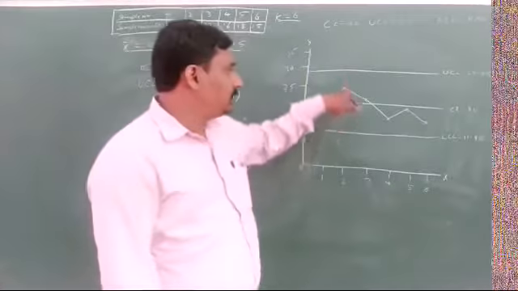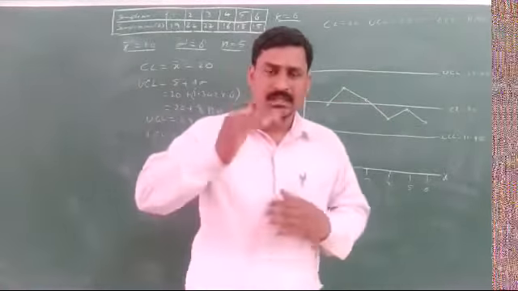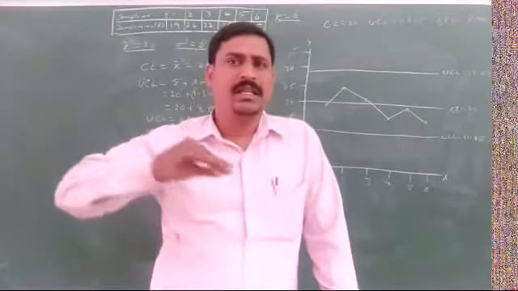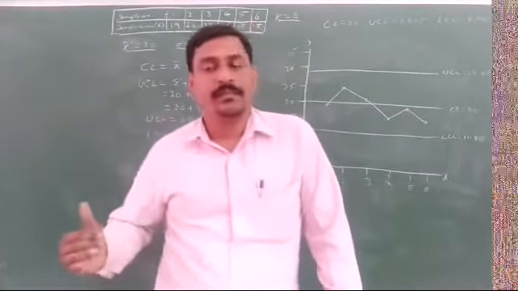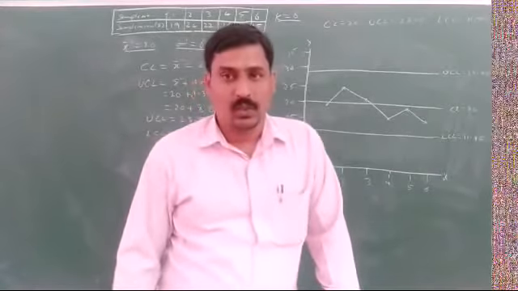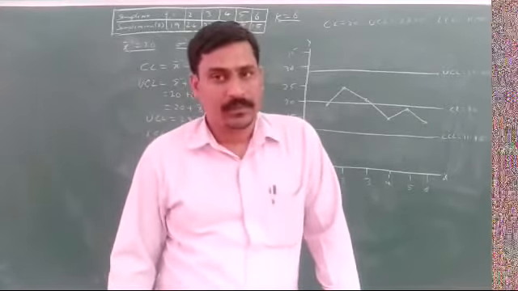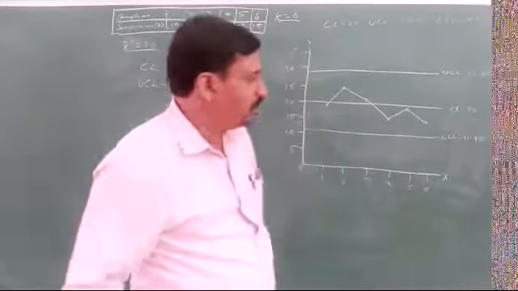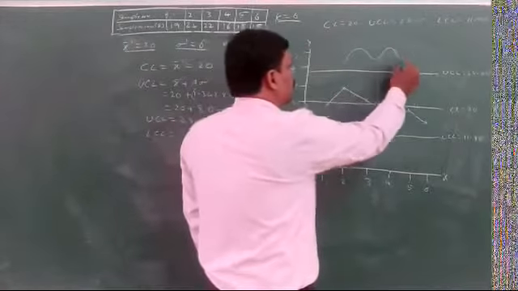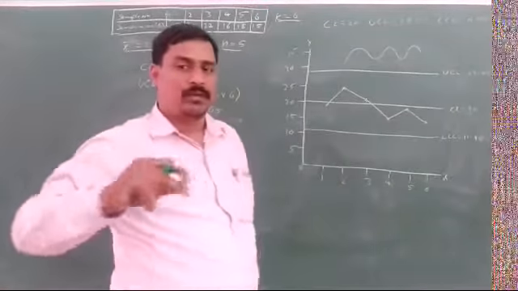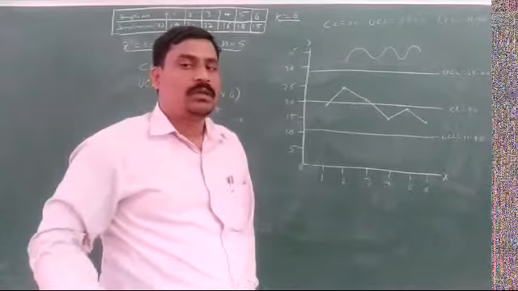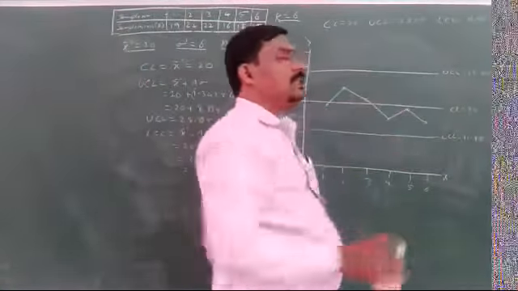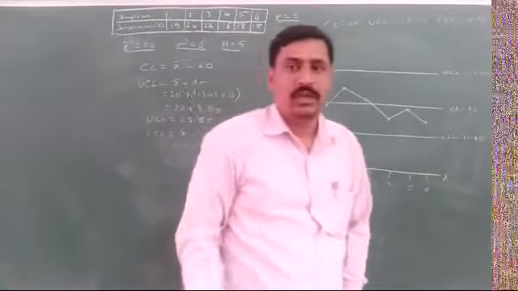And the second, next, upward or downward trend. See here, it is zigzag, fluctuating, increasing and decreasing. If any values are continuously either increasing or decreasing, again we say the process is not under control. Go for checking. Then last, presence of cyclical variation. If you get a line like this, every time up and downs, up and downs, up and downs, then also check for the quality. There is some problem in the machine, it tells. Okay, this is how we interpret here.